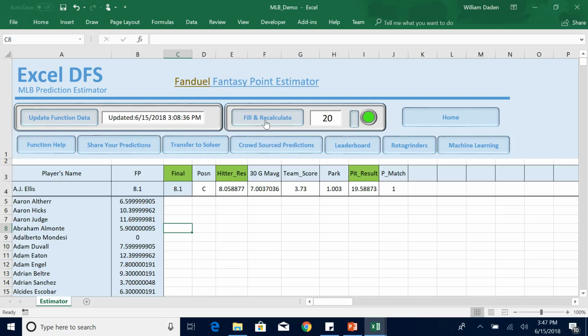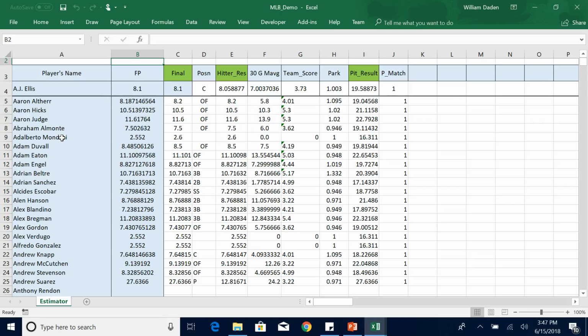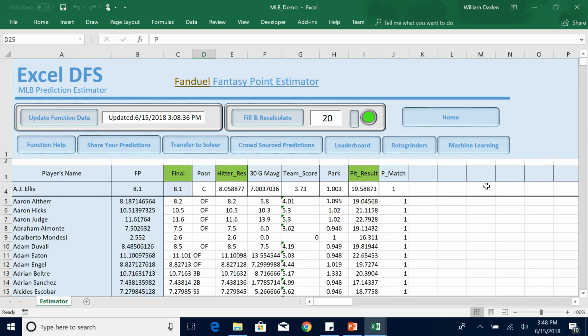So I'll flip that to the top 20, fill and recalculate. Light's gone green again. So let's just check. That's interesting. So this guy, we don't even know who he is. Alright, I've got a pitcher here. So let's just check that the pitcher calculation was 27.6. It went over to our final. It didn't take the hitter. Everything else is out of this column. Okay, so I'm going to say that that's a good deal, and I'm going to flip this over to all,